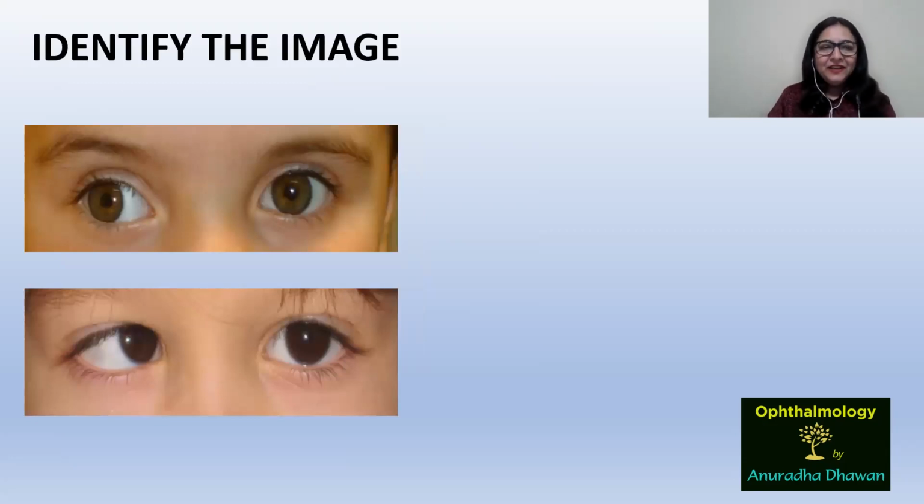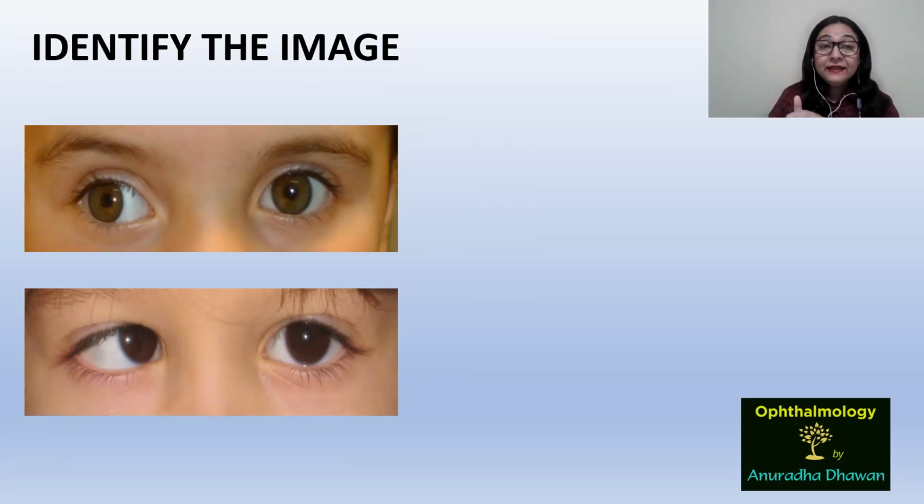So identify the given image. Here I have put up two images so that you can compare and diagnose side by side. Now in the upper image, notice both the eyes. The left eye of the patient is straight, but the right eye is deviated outwards. Outward deviation of the eye is known as exotropia or divergent squint. And if you notice carefully, the light reflex, known as Hirschberg reflex, is also deviated in cases of squint. So the upper image is of divergent squint.